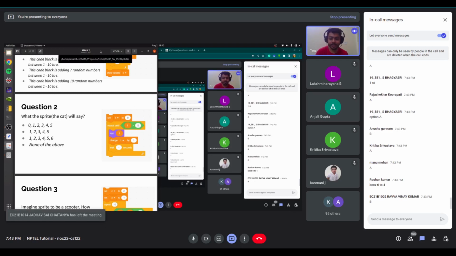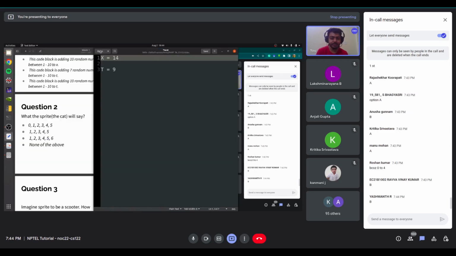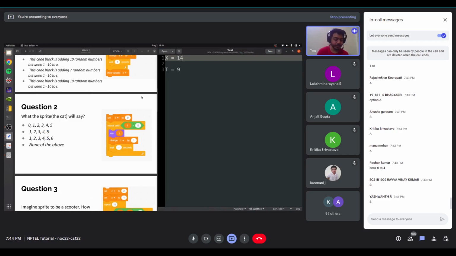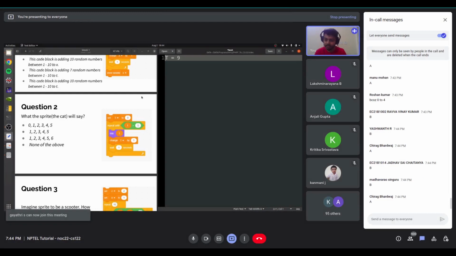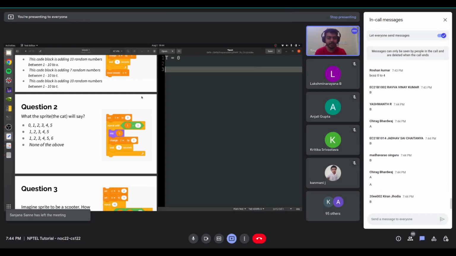So let's again do this like we did. We'll just write down the numbers. When you are given a code and you want to understand what the code does, the best way is to actually write down, like I'm writing here. You can write on pen and paper also. The best way is to write the values of each variable. That way it is easier to understand what it is doing. We have just t over here, and whatever I type down here is what it will say. That is the answer.